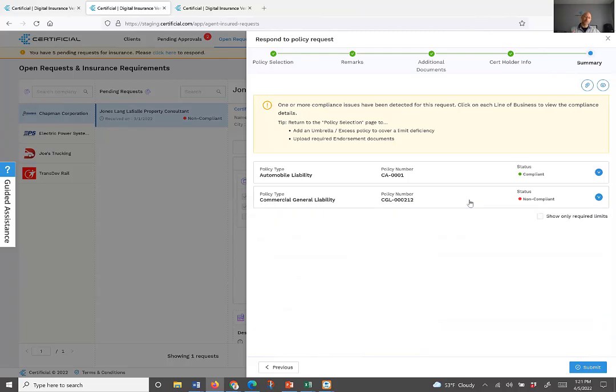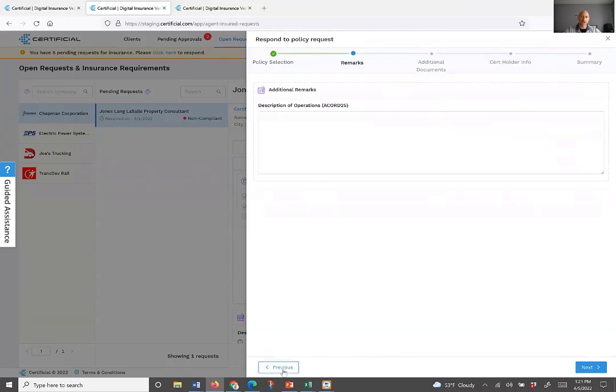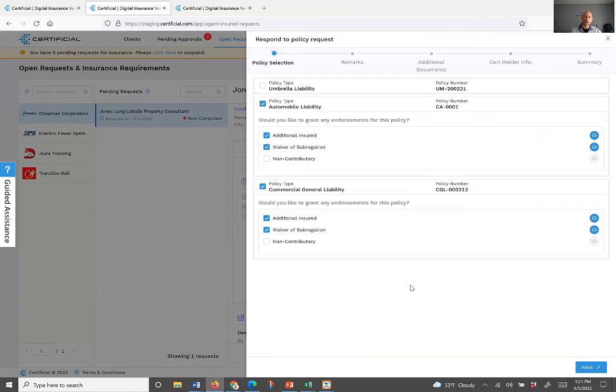This is because in Certificial, you actually have the same view as the compliance manager is going to be able to view at JLL in this particular situation. So I'm going to show you how, quickly, not only are we able to detect that, and that helps us from having all that back and forth. Submitting a COI, so easy to miss a limit, not matching. Sending a COI in, a day goes by, the client's unhappy, now we got to issue another COI, and back and forth we go. Where in this case, the system flagged it for me,